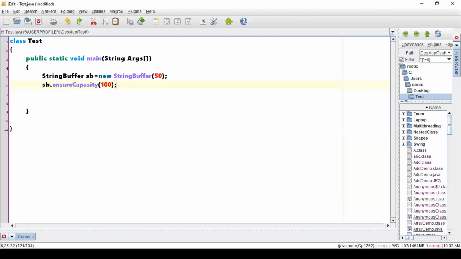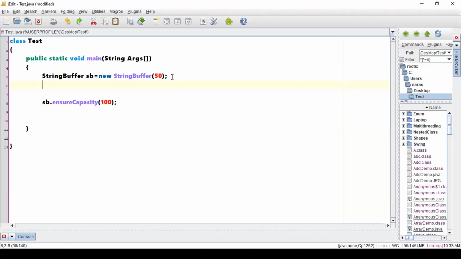You take the capacity as 100. So what is the conclusion now? Initially, while creating the object, we thought it might require 50 spaces, so we created a 50 capacity StringBuffer. In the process, after seeing one or two statements, we felt 50 is not enough. Better to have a StringBuffer with a capacity of 100.